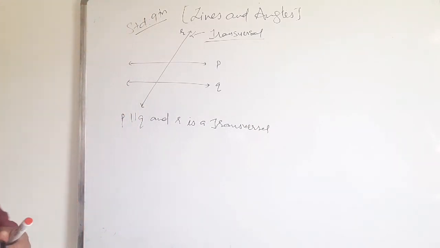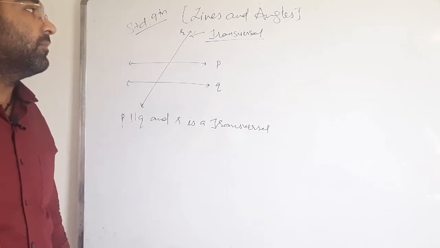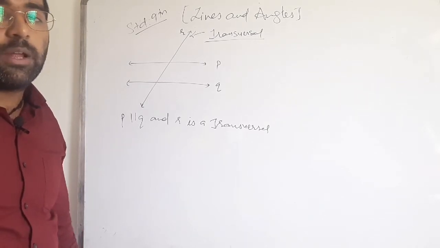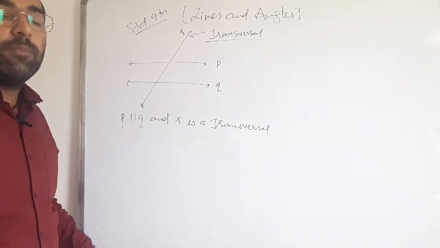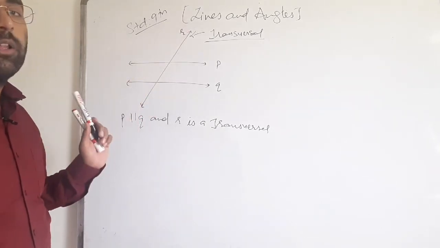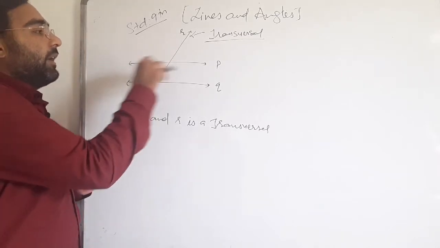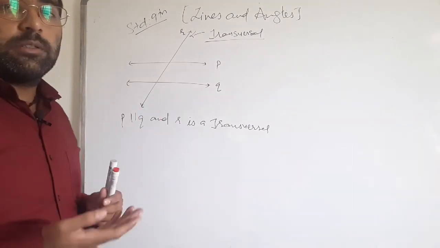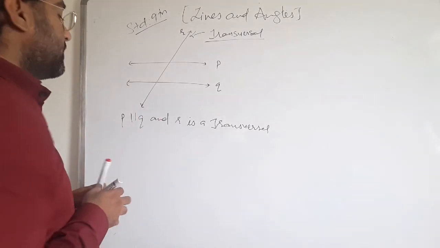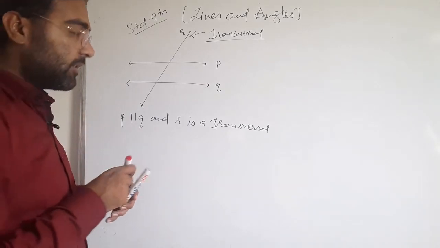Whenever two lines are given and one line intersects those two lines to make angles, we call that line a transversal. Now the transversal divides two parallel lines into pairs of angles, and those pairs of angles we have to call corresponding angles,